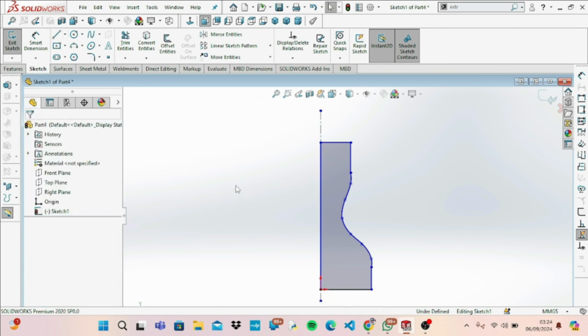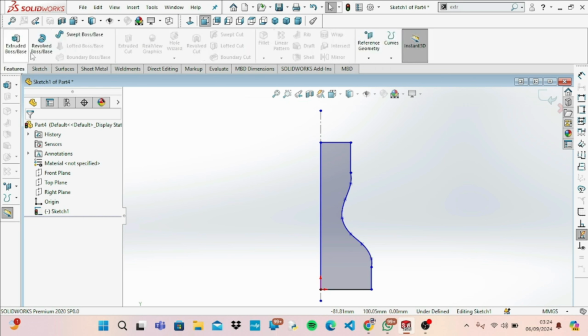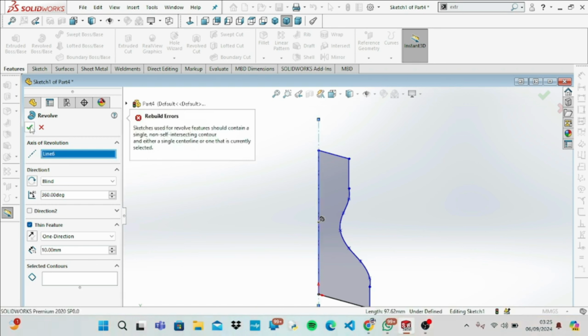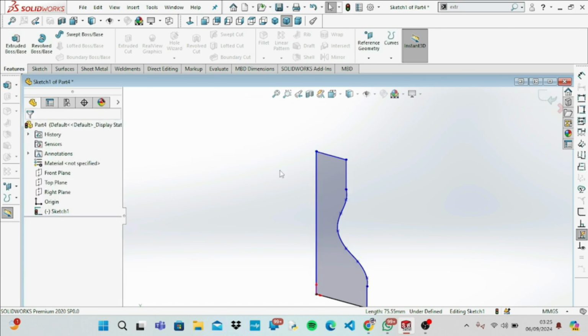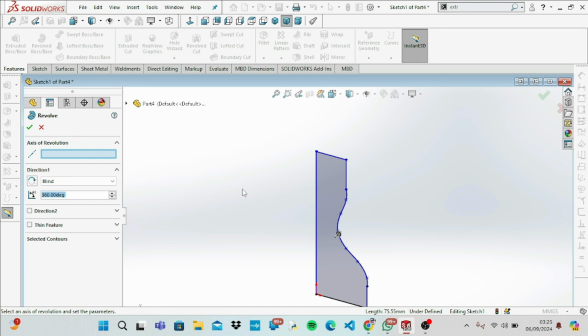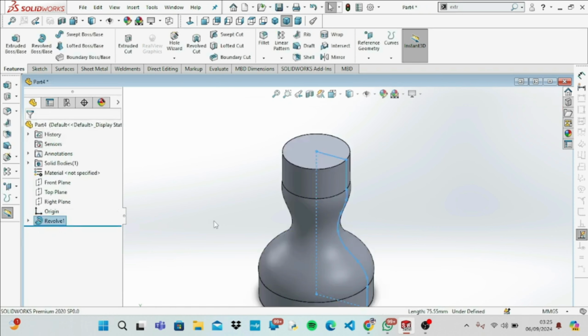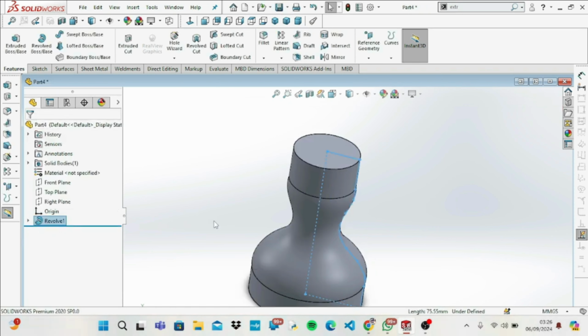Okay, now we have a center line. We'll be able to do our revolve boss now. Hold on, looks like we need to check. Okay, so I removed the center line. I'm going to try the revolve boss again. Okay, good. So this is a part of our